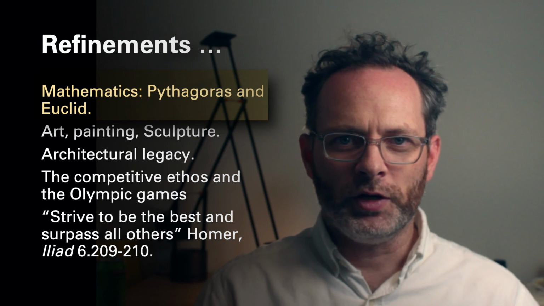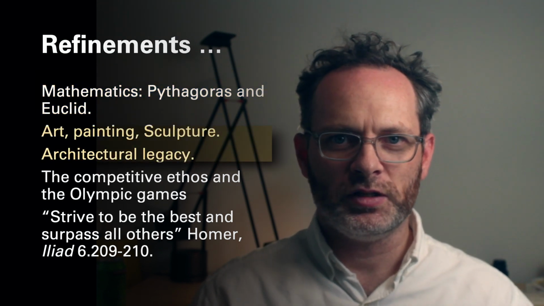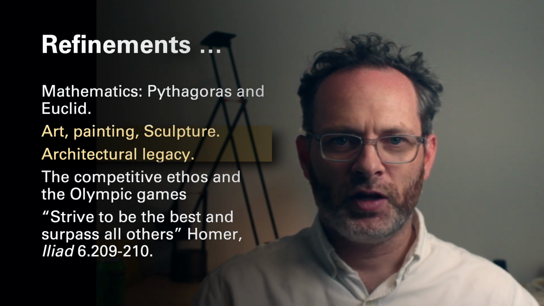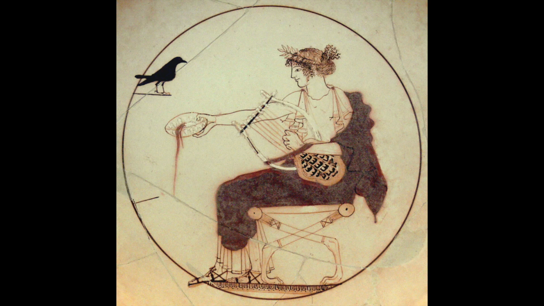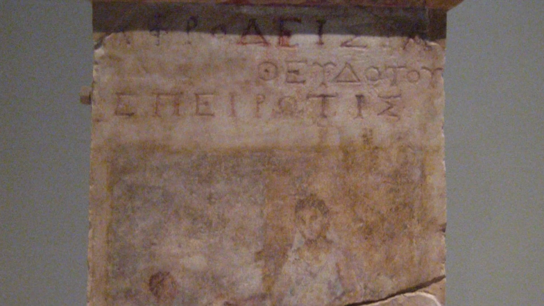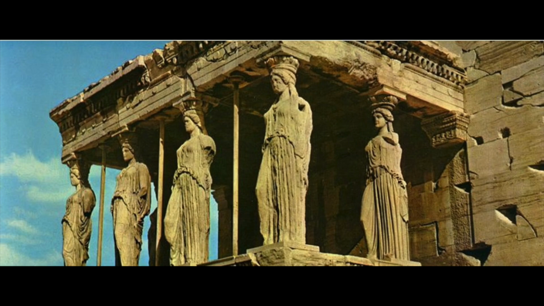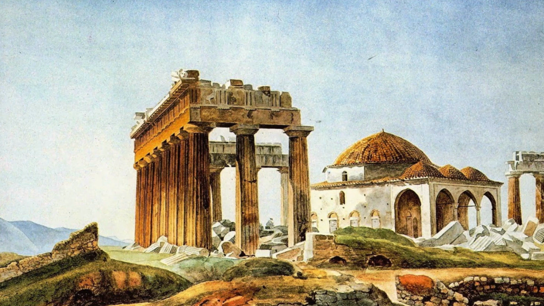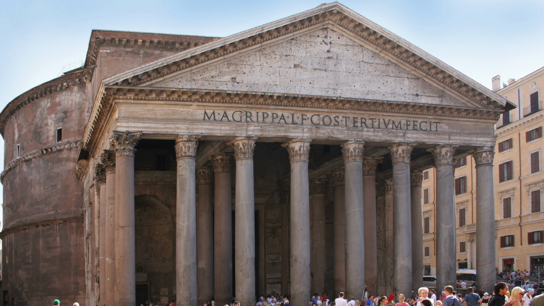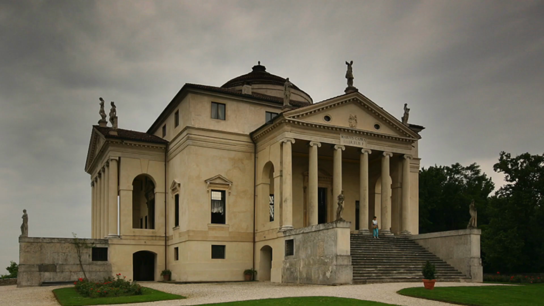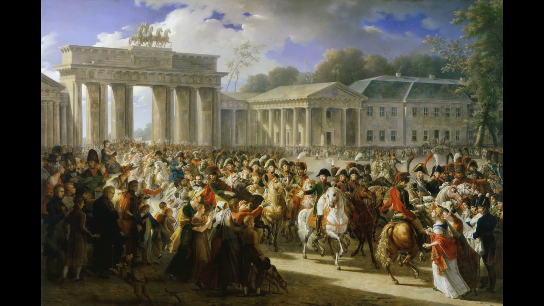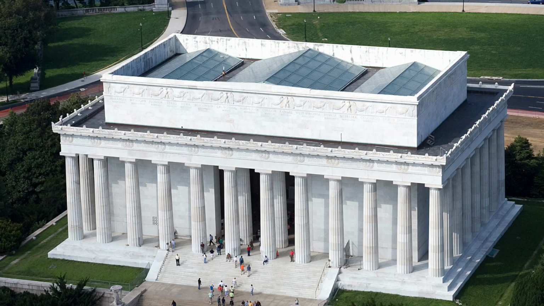Another realm where the Greeks gave us refinements and improvements and knowledge was, of course, art, sculpture, and architecture. Even in realms like painting, where we don't have a lot of paintings that have come down to us, because Greek religious architecture was such a fundamental part of their culture, much of their art was infused into our civic spaces. So, of course, Greek architectural influence is everywhere in the world. We have neoclassical, Greek revival, you name it. And America displays its homage to the Greek legacy on its most important buildings in Washington, D.C. and everywhere.